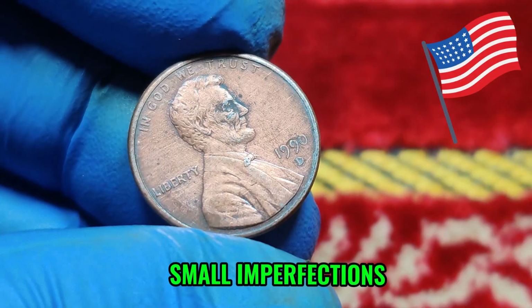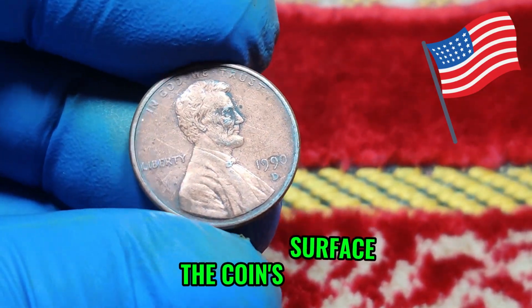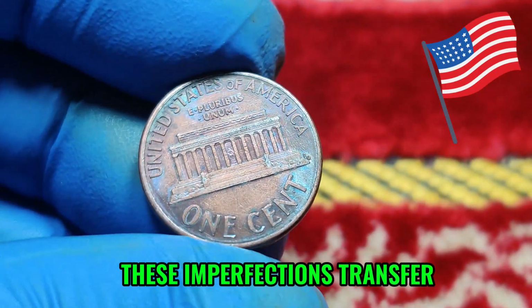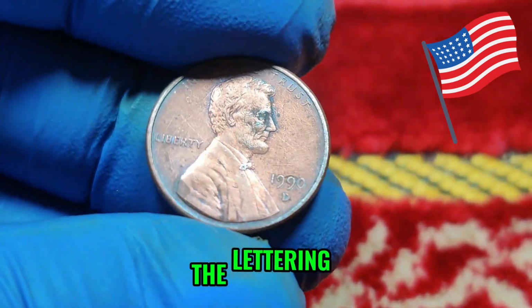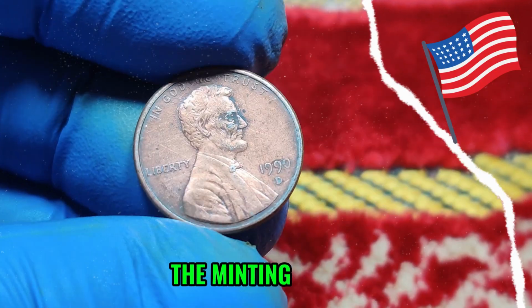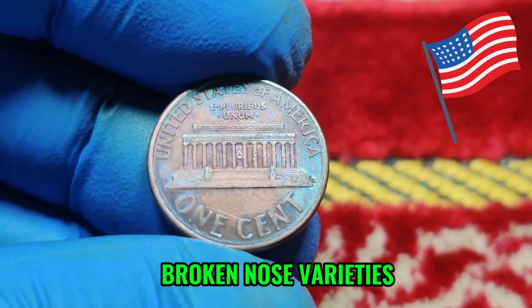to small imperfections. Some 1990 Lincoln cents have also been discovered with die cracks, thin raised lines that appear on the coin's surface due to fractures in the die. When a die begins to wear out or crack under high pressure, these imperfections transfer directly onto the coins. Die cracks often form around the rim, the lettering, or Lincoln's bust. Each die crack pattern is unique, making these coins individual artifacts of the minting process. A prominent die crack can sometimes be nicknamed, such as the spiked head or broken nose varieties, depending on where